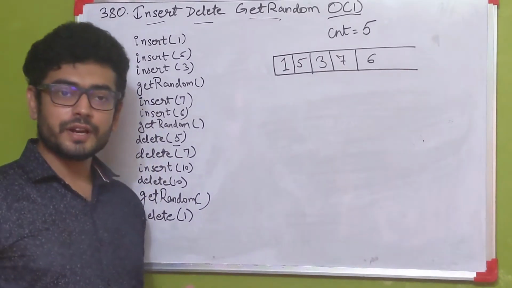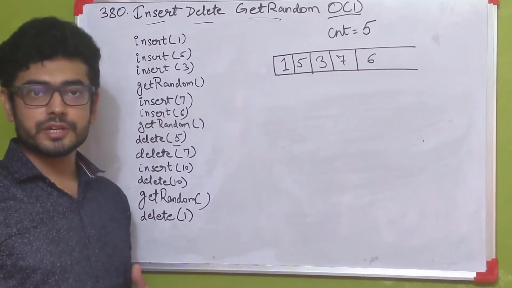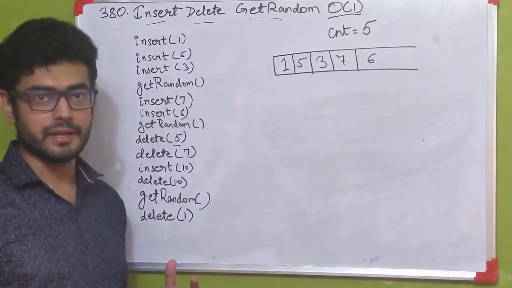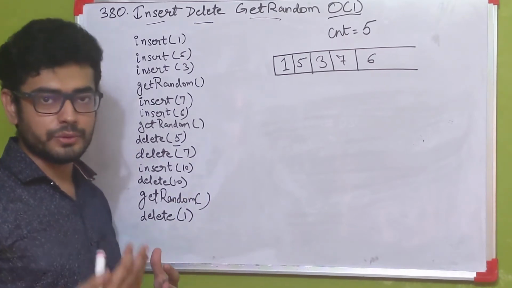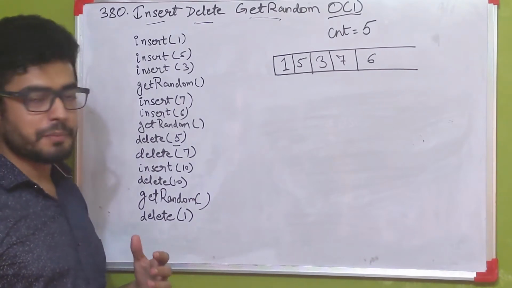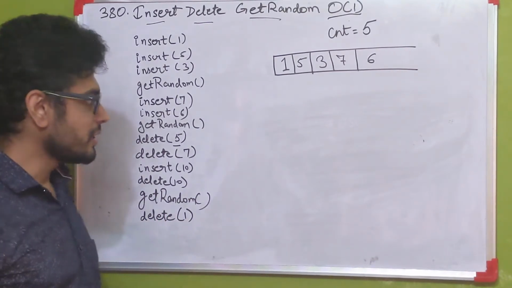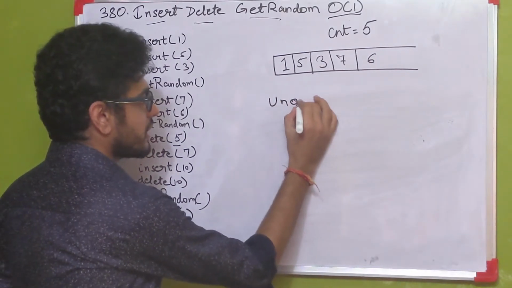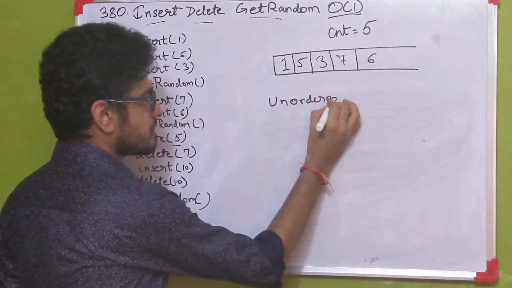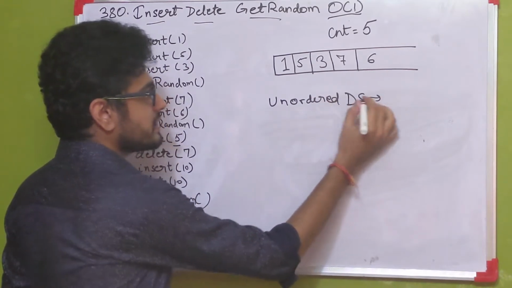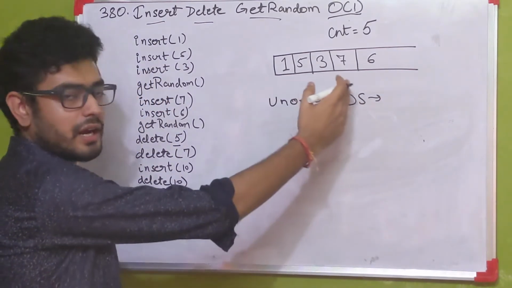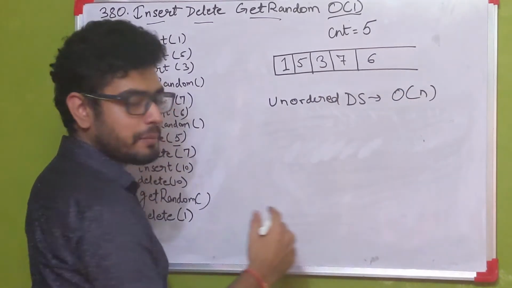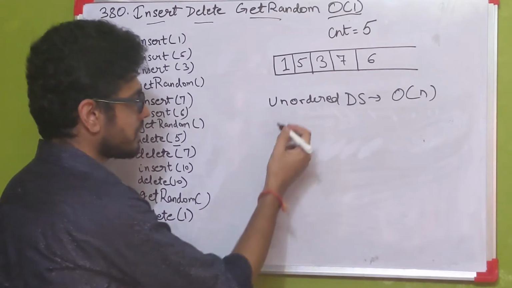Now our problem is basically reduced to searching for an element in a given set of elements in just O(1) time complexity. So let's see what different types of data structures are available to us. We have three kinds. One is the unordered data structures, like the unordered array we have been currently using. Unordered data structures usually take O(n) time complexity to search.